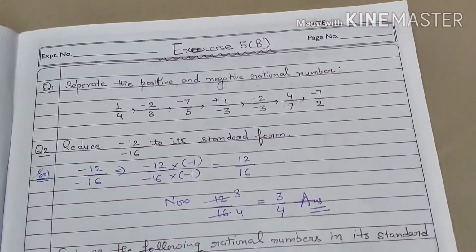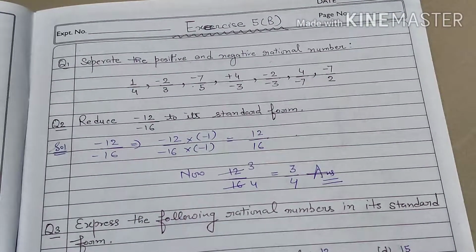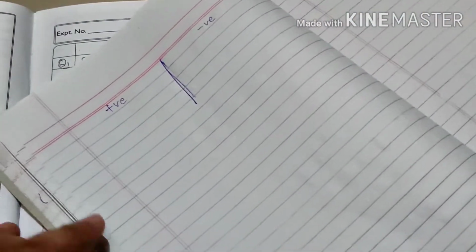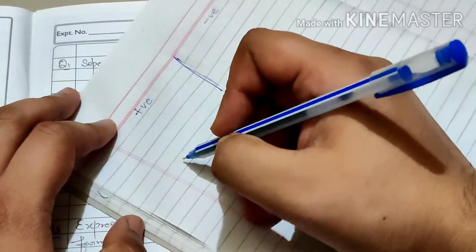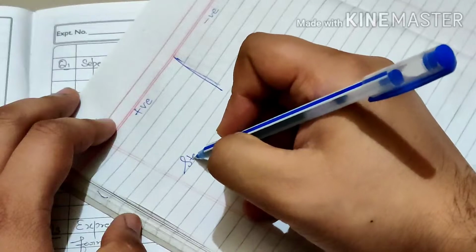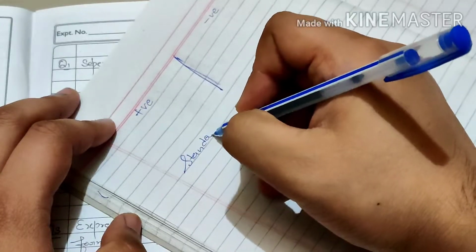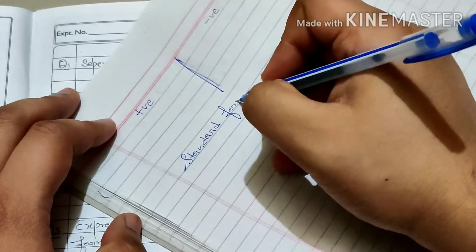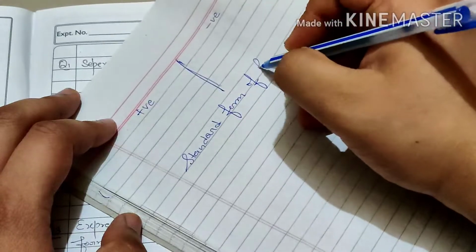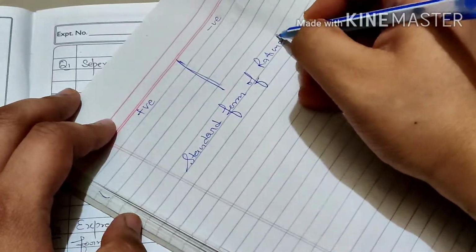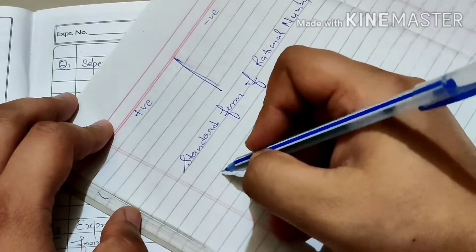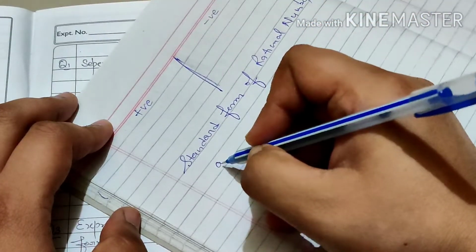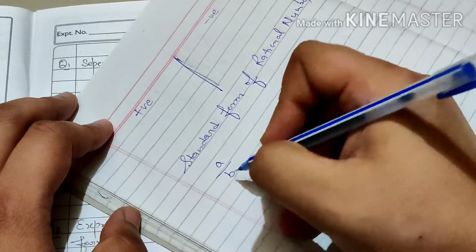Now next, reduce -12 upon -16 to a standard form. So here the question is talking about the standard form of a rational number. So my dear students, what is the standard form of a rational number? Standard form of a rational number. Okay, so a rational number a upon b